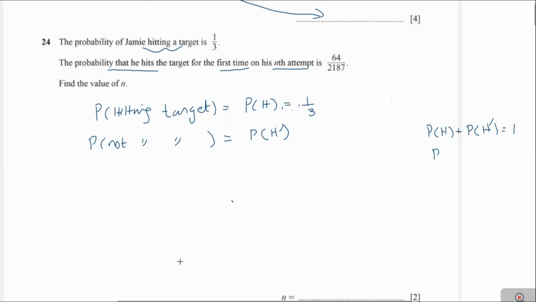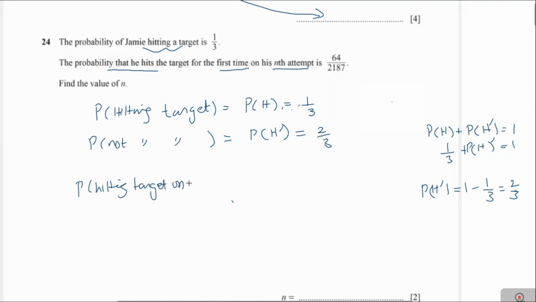Therefore, probability of hitting target is 1 over 3 plus P(H') equal to 1. Therefore, P(H') equals 1 minus 1 over 3, that's equal to 2 over 3. Now, we have to find the probability of hitting the target for the first time on the nth attempt. Now, probability of hitting target on nth attempt will be equal to probability of hitting target on first attempt,